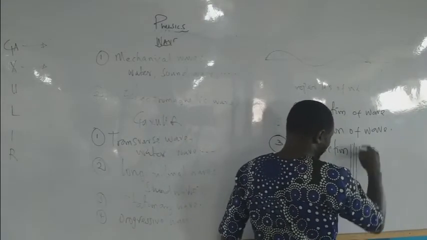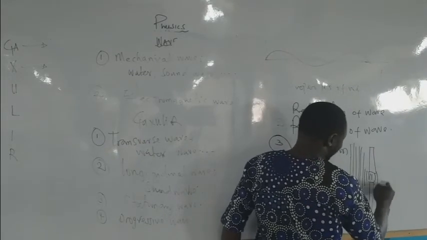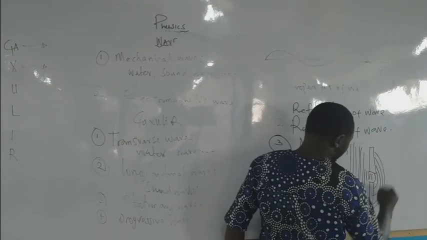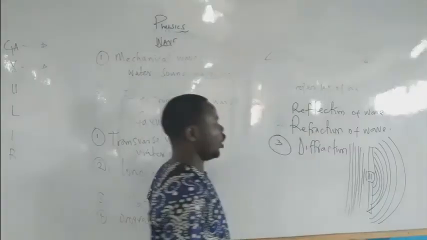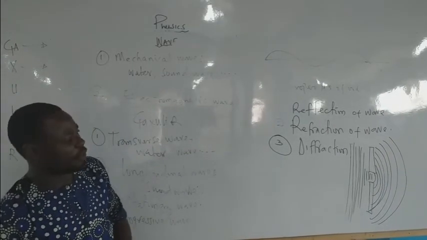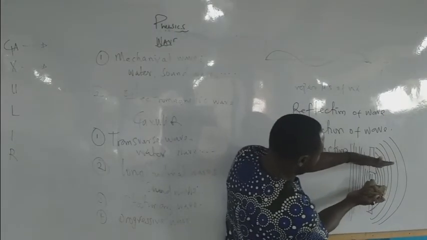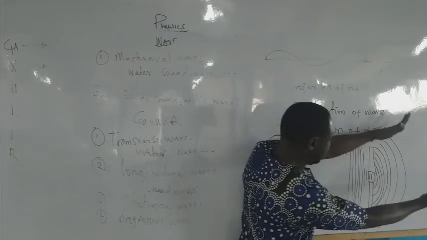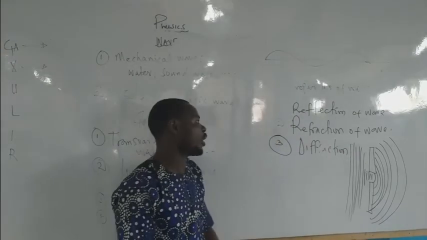Wave that is traveling, when you see something like this, it will bend, squeeze, and now form something like this. This phenomenon drawn on the board for you is called diffraction. Can you see the wave that is coming? When it gets to this thing, it tries to squeeze and what? Spread out. So this process is called diffraction.